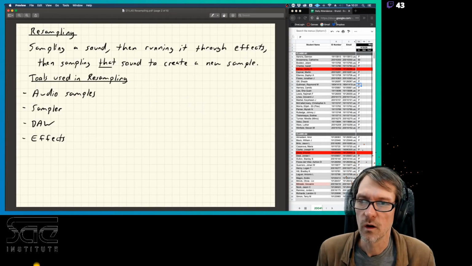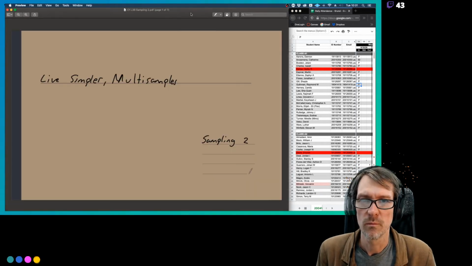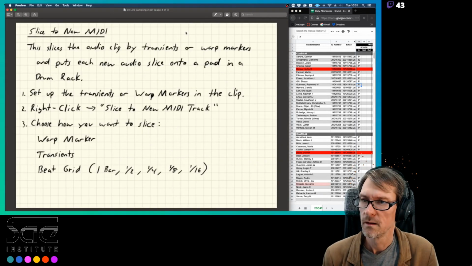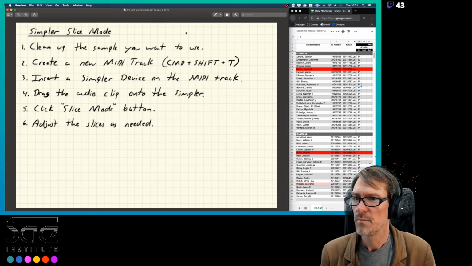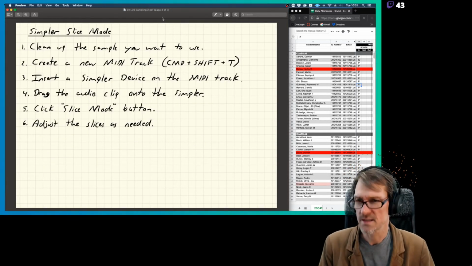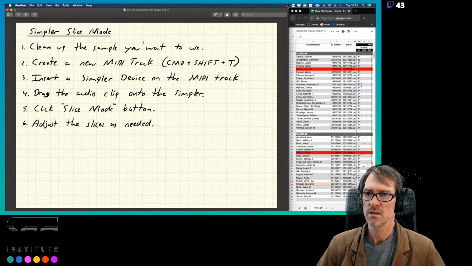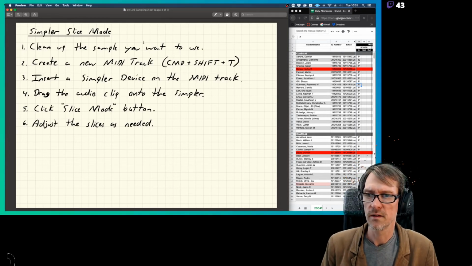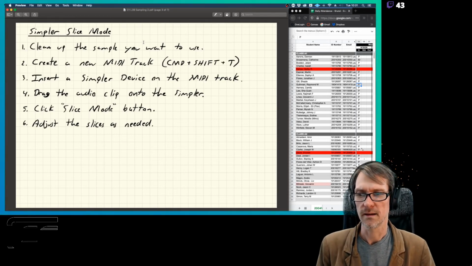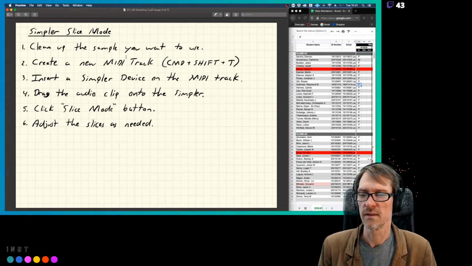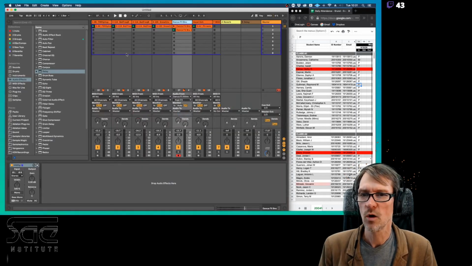Let's just go back over here and talk a little bit more about the Simpler instrument just to make sure we're good with it. All right, so basically the slice mode here, going back to the slice mode: clean up the sample you want to use, create a new MIDI track, insert a Simpler device on the MIDI track, drag the audio clip into the Simpler, click the slice mode button and adjust the slices as needed. So just to go back into this real quick,